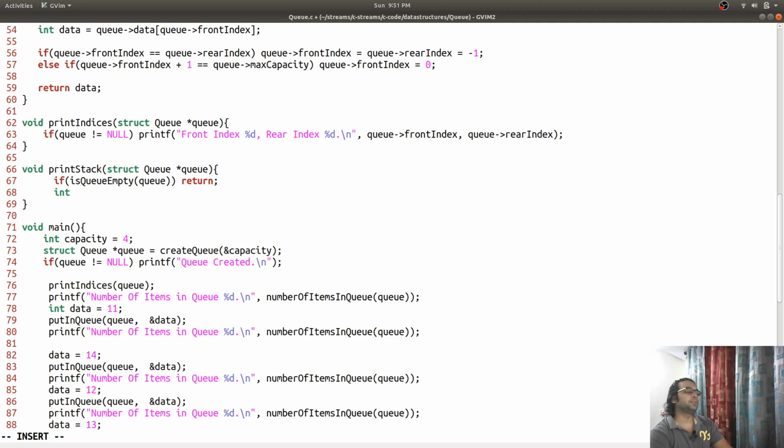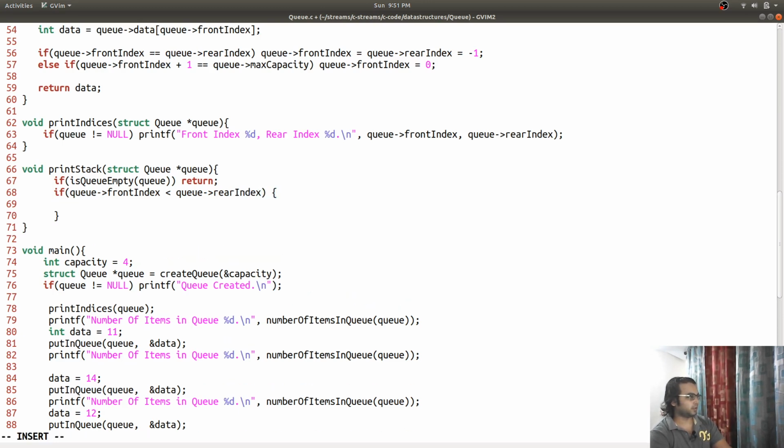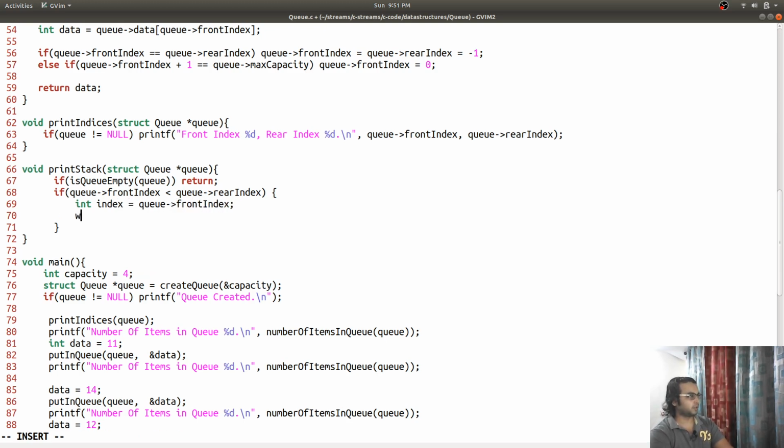Then there are going to be two types of implementations. One, if q front index is less than rear index, then int index is equal to front index, and while index is less than rear index,